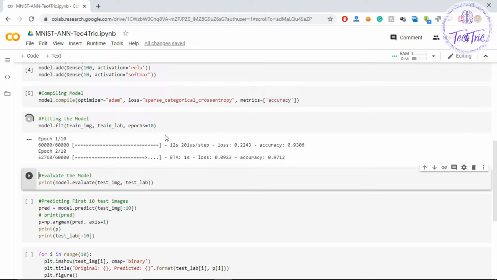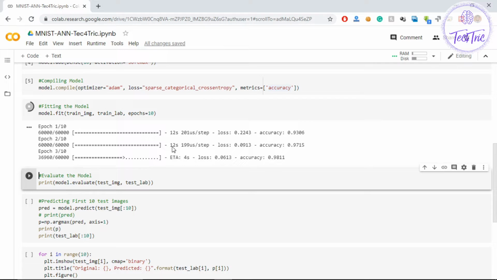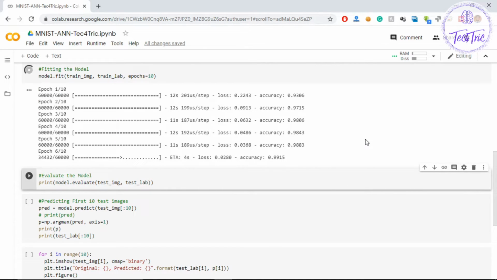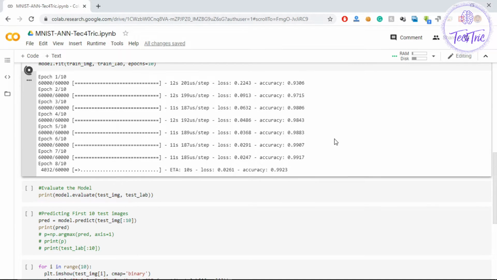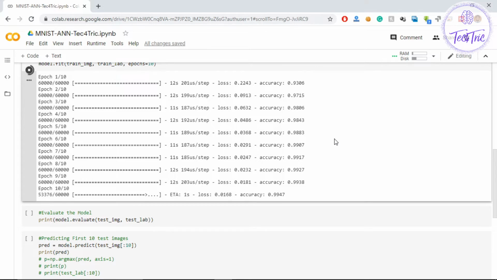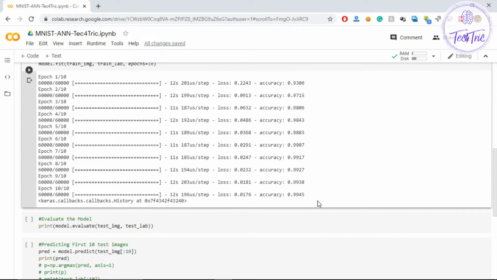I'll wait until after the 10 epochs. So the training has been completed and we achieved 99% accuracy, which is pretty impressive.